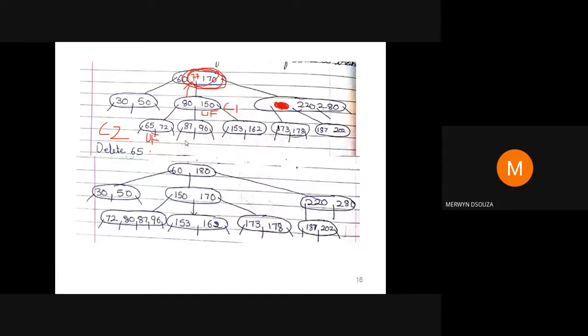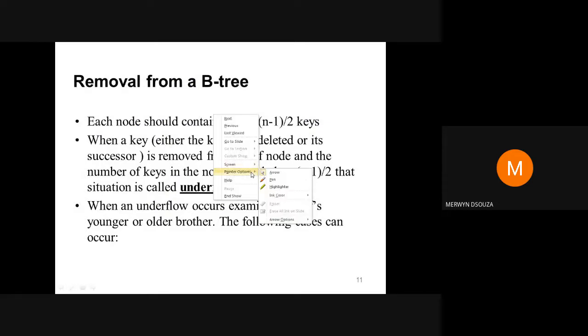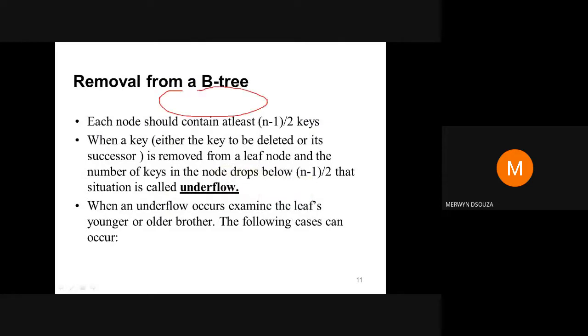So please remember, these 4 cases have to be done only if there is an underflow. Only if there is an underflow. So if you are having the minimum number of keys is 2, and you are already having some keys like this, and you are told to delete 8, then this deleting of 8 directly from here will not cause underflow. So you can directly delete, no need to apply any of the cases. Okay, just repeating it. I told you at the beginning, but I'm repeating it again. You need to apply these cases only if there is an underflow.